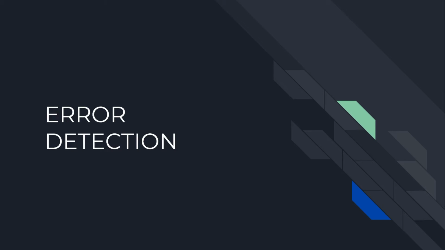Hello guys, in this video we'll be learning about one of the most important topics, error detection. What happens if there's an error and one or more bits in our encoded data get corrupted? We'll learn about single bit errors first, but much of what we discuss can be generalized to multiple bit errors. Let's take an example and then learn.